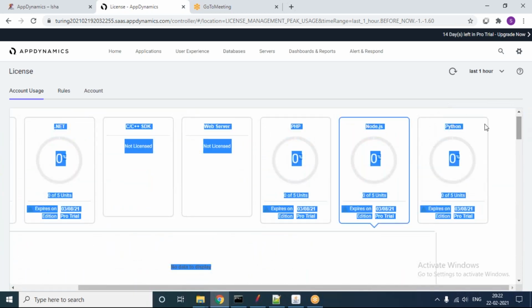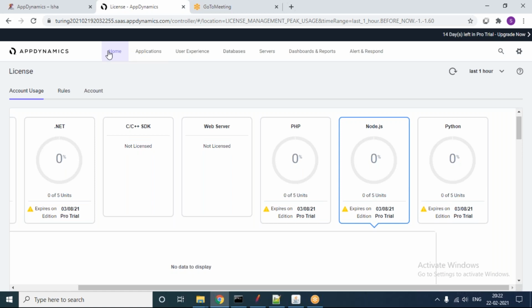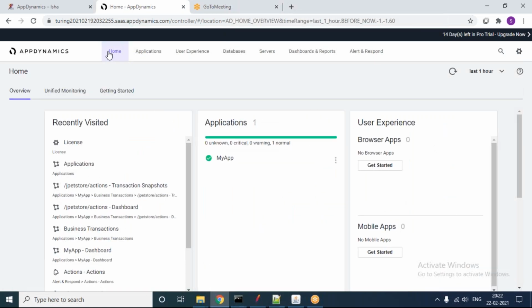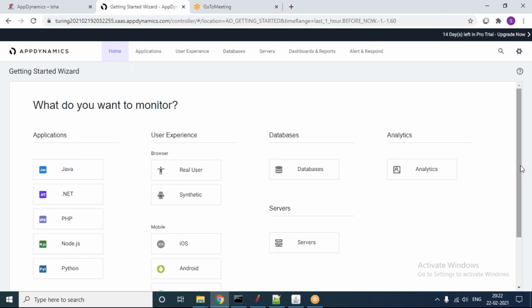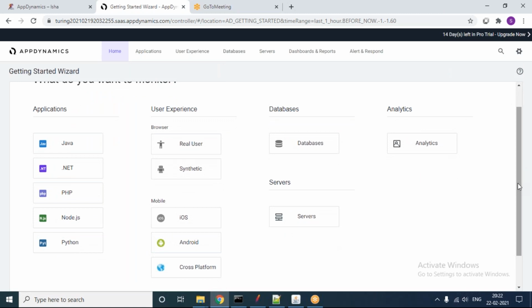And if you guys really want to see the agents, there is a getting started wizard. Under that, if you click getting started, you will see the list of all the agents that are there. So these are the out-of-the-box agents. Don't think this is the maximum. There are extensions and plugins available with App Dynamics as well. Out of the box means straight away you can do the integration and get the data. That is the out-of-the-box feature available in App Dynamics.